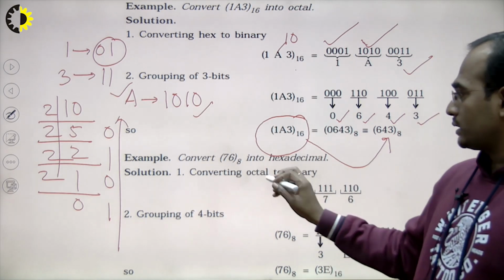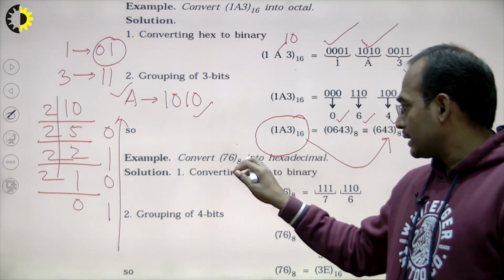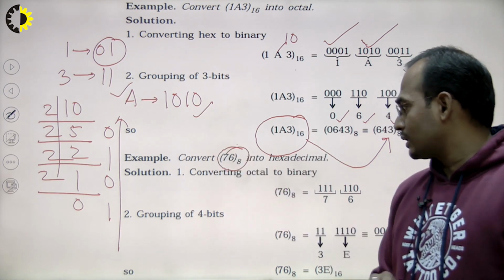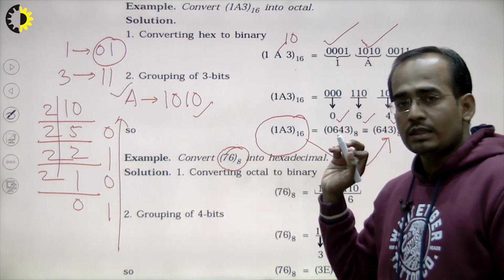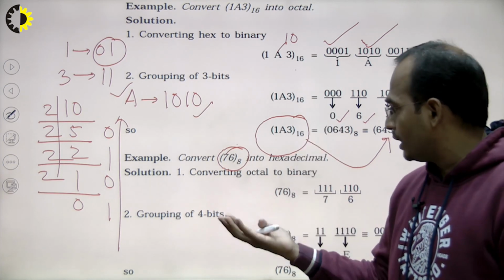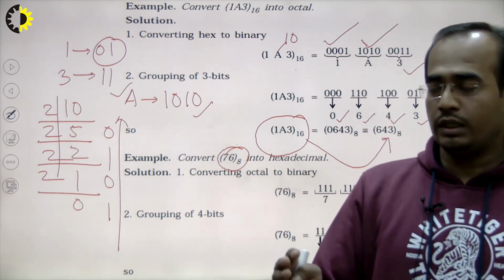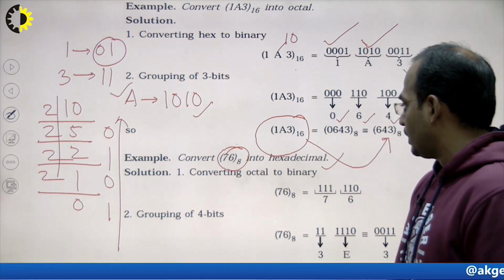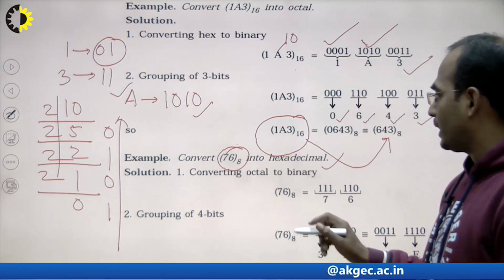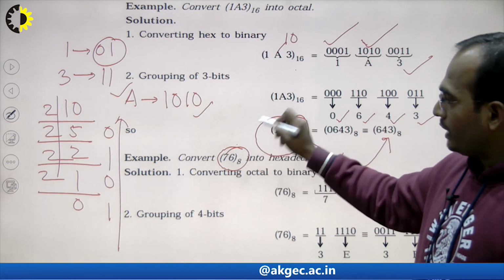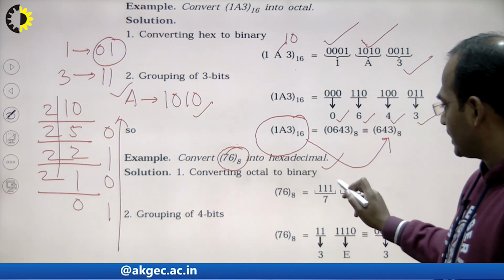Similarly, we can convert this octal number system into the hexadecimal number system. For representing this, I want to convert the octal number into the hexadecimal number system. So, in the octal number system, what do I have to do? I will represent the numbers in 3 digits. After that, I will make groups of 4 digits for converting into hexadecimal. What is the binary equivalent of 7? The binary equivalent of 7 is 111 and of 6 is 110.